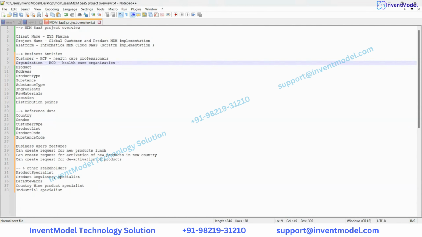For example, this is hospitals and clinics. These will all be treated as healthcare organizations. They are also a kind of customer for the pharma company. And in healthcare professionals, we can say that patients,